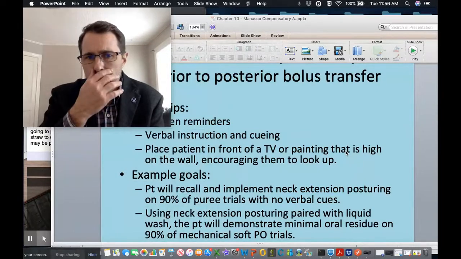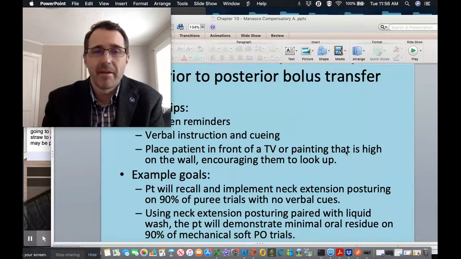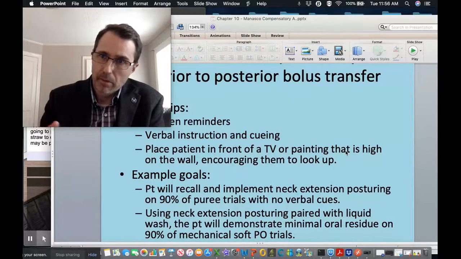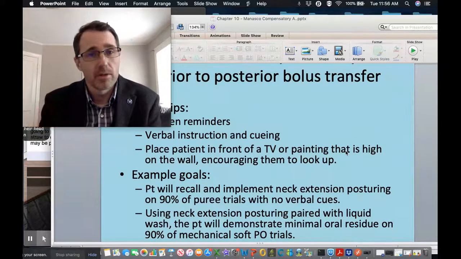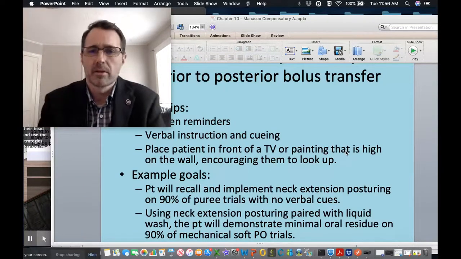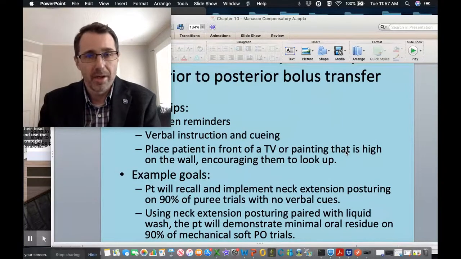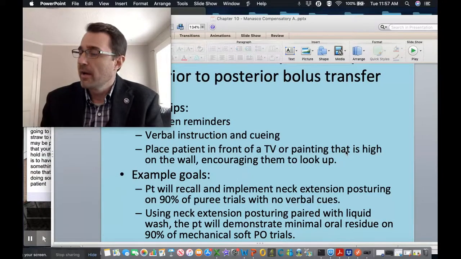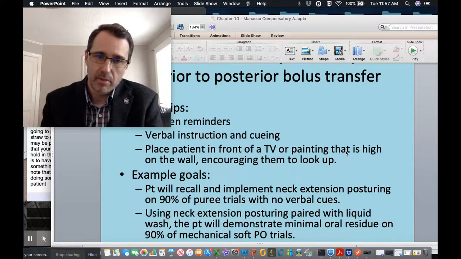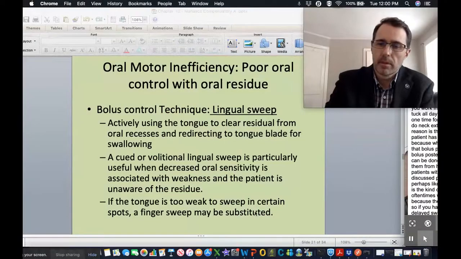So one way of getting around the fact that your patient doesn't have the appropriate attention or memory to hold it in their head and use the strategies that you're wanting them to use is to have some sort of external reminders for them. This can be something as simple as a sticky note that is placed on their cup, a sticky note that is placed on the tray. You could have, as we've already said, caregivers be the ones giving the verbal reminders. Okay, so